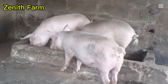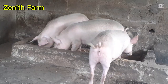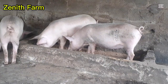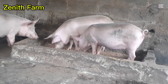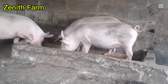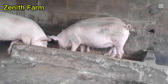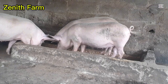That's far better than starting with a wrong breed, a diminished breed. The best thing to do is to always start with the right breed, because you will get your profit, you will see the result, you will get the right outputs from your inputs, and that would really encourage you to do more. Because when the buyers come to buy the pigs, some of them scale these animals, so that means you would only be able to get the optimal price for your animals if your animals